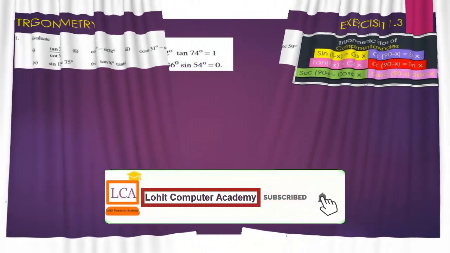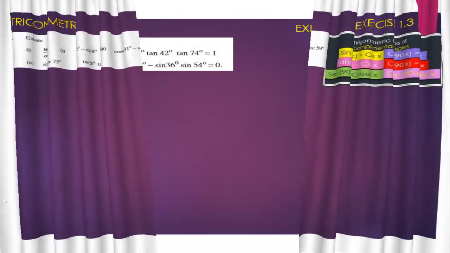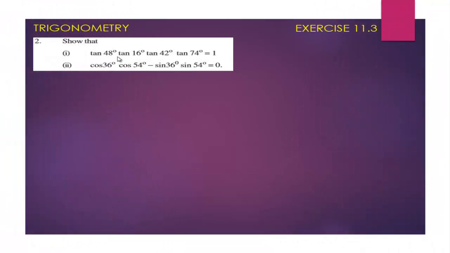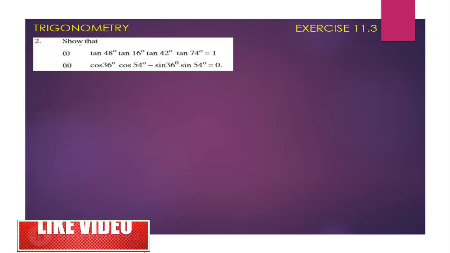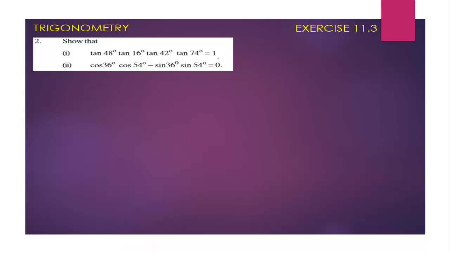Let us see the second problem. In this second problem, here also there are two problems. Let us see one by one. Here the first problem is: show that tan 48 degrees into tan 16 degrees into tan 42 degrees into tan 74 degrees equals 1. LHS equals tan 48 degrees into tan 16 degrees into tan 42 degrees into tan 74 degrees, that equals,